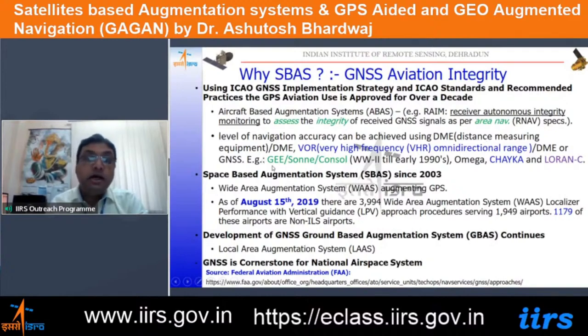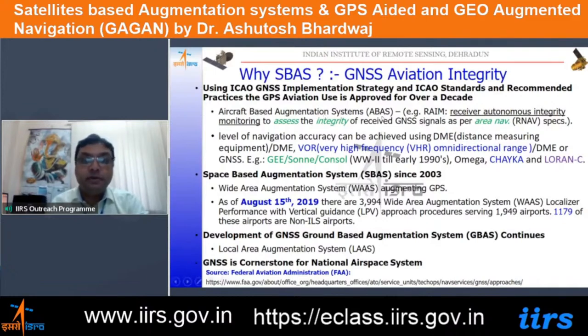or the other systems which have been there since World War II, like the Gee system, Decca, Consol, or the tower-based terrestrial systems like the Omega, Chaika, and Loran, which we covered in the first lecture. So these systems have also been in the list of sensors which have been guiding the aircrafts during the travel. Because